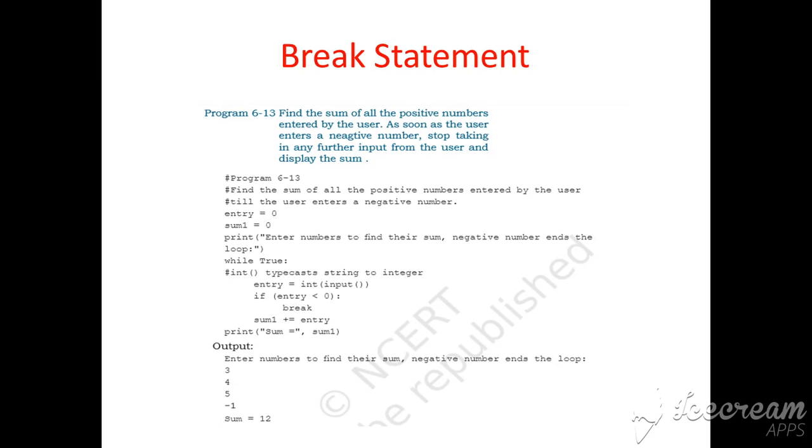So here, look at that. First set entry equal to 0 and sum equal to 0. Then print "enter the number to find their sum, negative number ends the loop". Here while True means as long as the value is true. First we take int input: entry is equal to int input, so first input one number, then check whether that number is less than 0. This is the condition for whether it is a negative number. If it is a negative number, it is going to break, otherwise